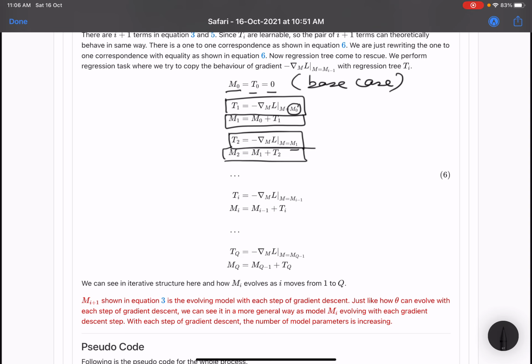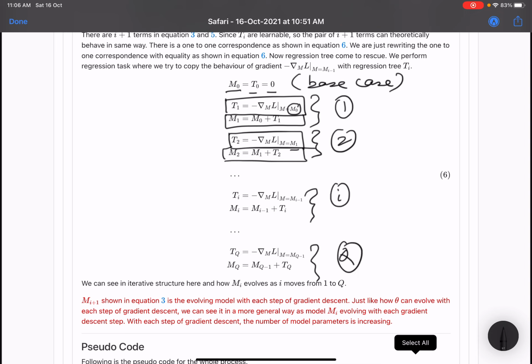So you can see an iterative process here again and again, right? In every iteration, this is iteration 1, this is iteration 2, this is iteration i, and this is iteration q, right? So you can see a repeated structure here, in how we can learn each tree.